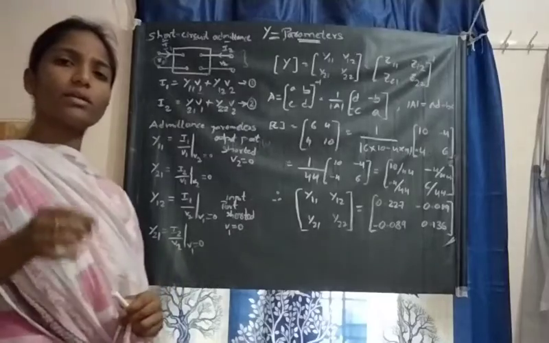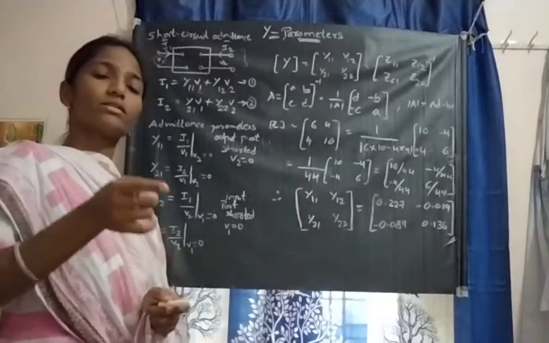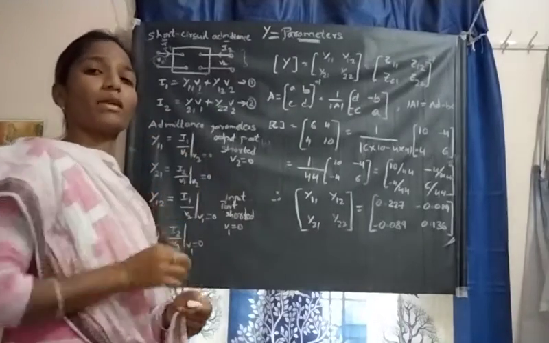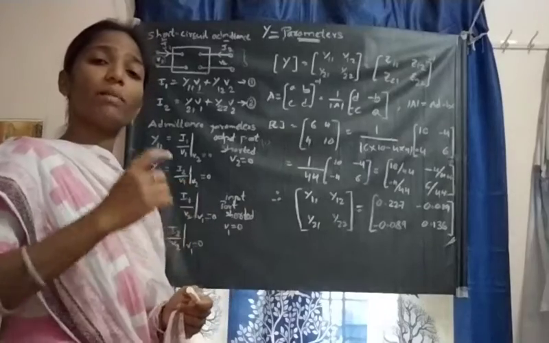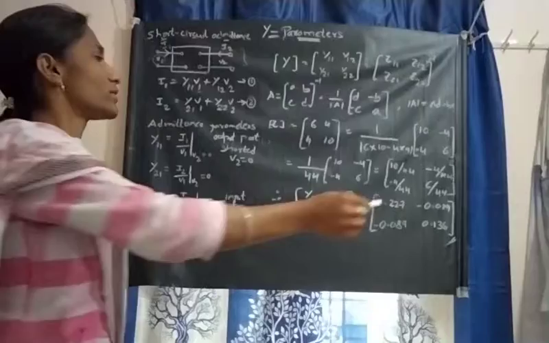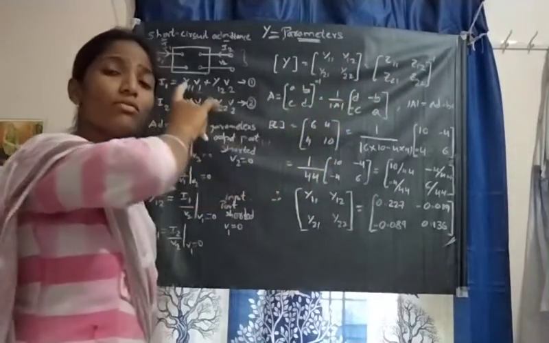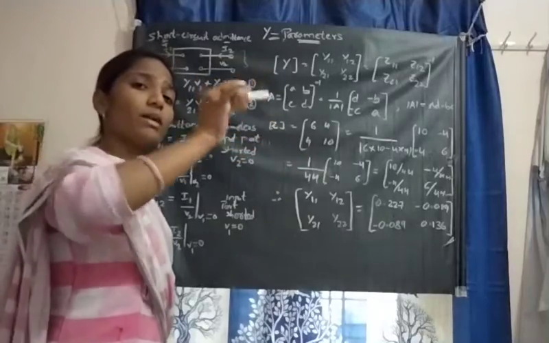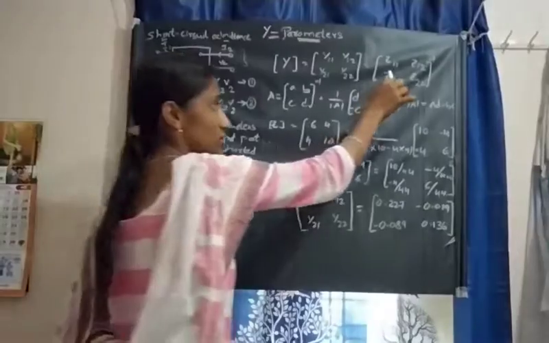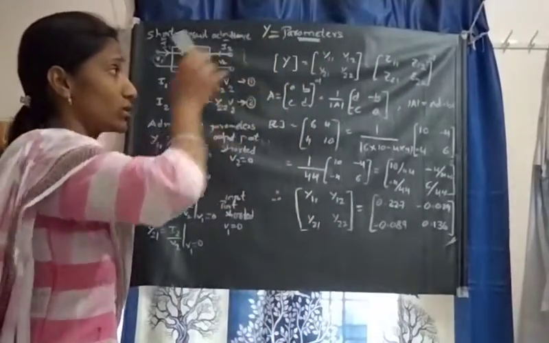I have already explained the Z parameter problem. Copy that entire problem for these Y parameters also. Why? Because Z parameter calculation is related to the Y parameter relation. This is a matrix of Y parameters. So if you make a relation for the Z parameters, you take the inverse matrix, that is the inverse of Z11, Z12 and Z21, Z22.